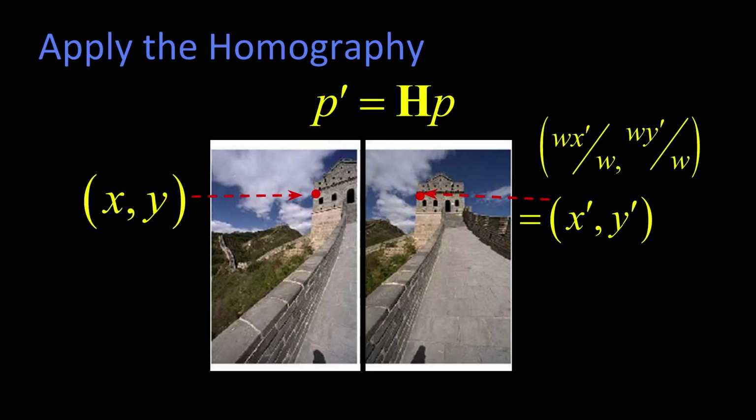And I could do that for every point in the left image, and I would have transformed it to the location of the points in the right image. By the way, we sometimes refer to this transforming of the image as warping the image. In fact, we're going to talk about how you do image warps in a little bit. It's actually going to be interpolation, but that's giving away the secret.